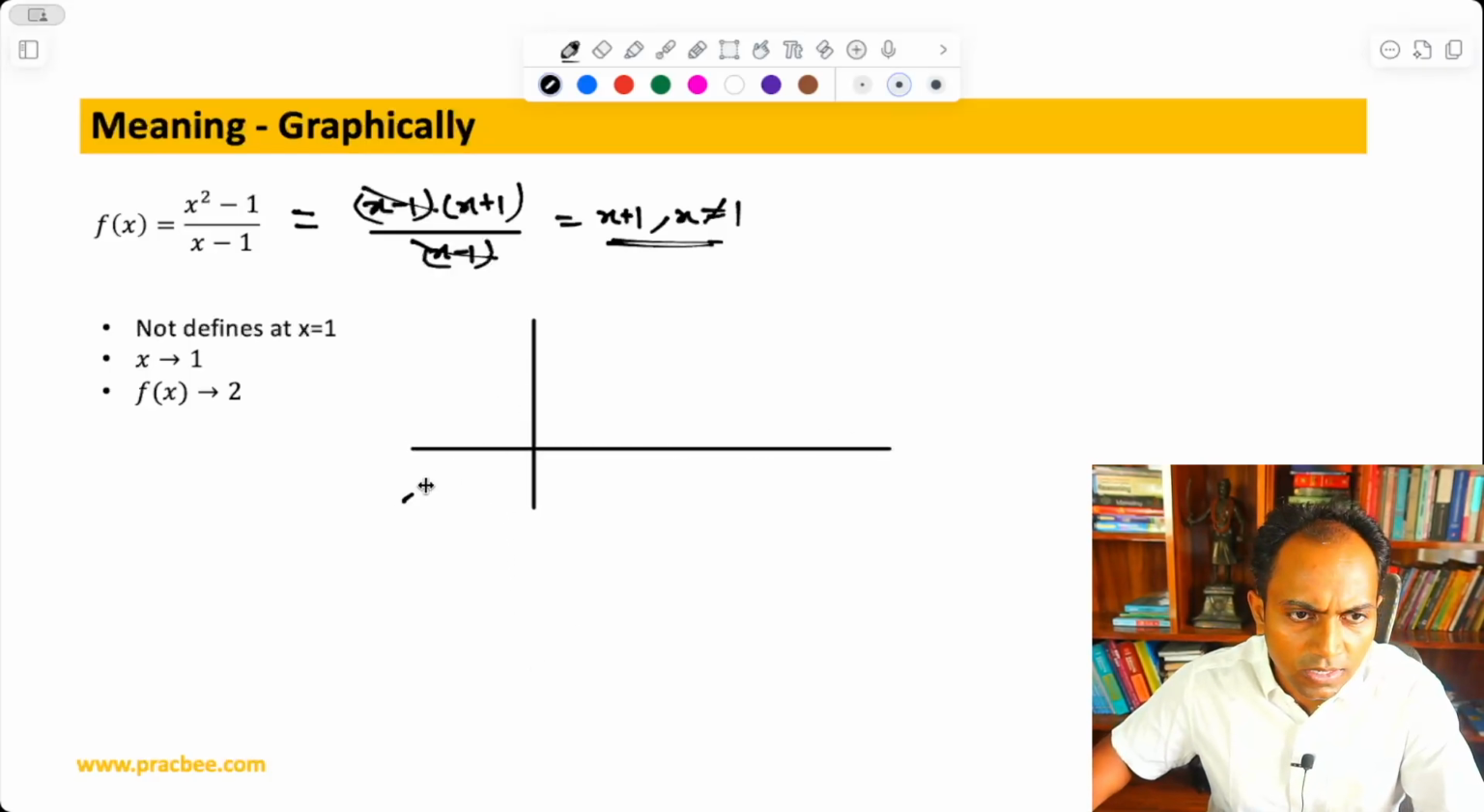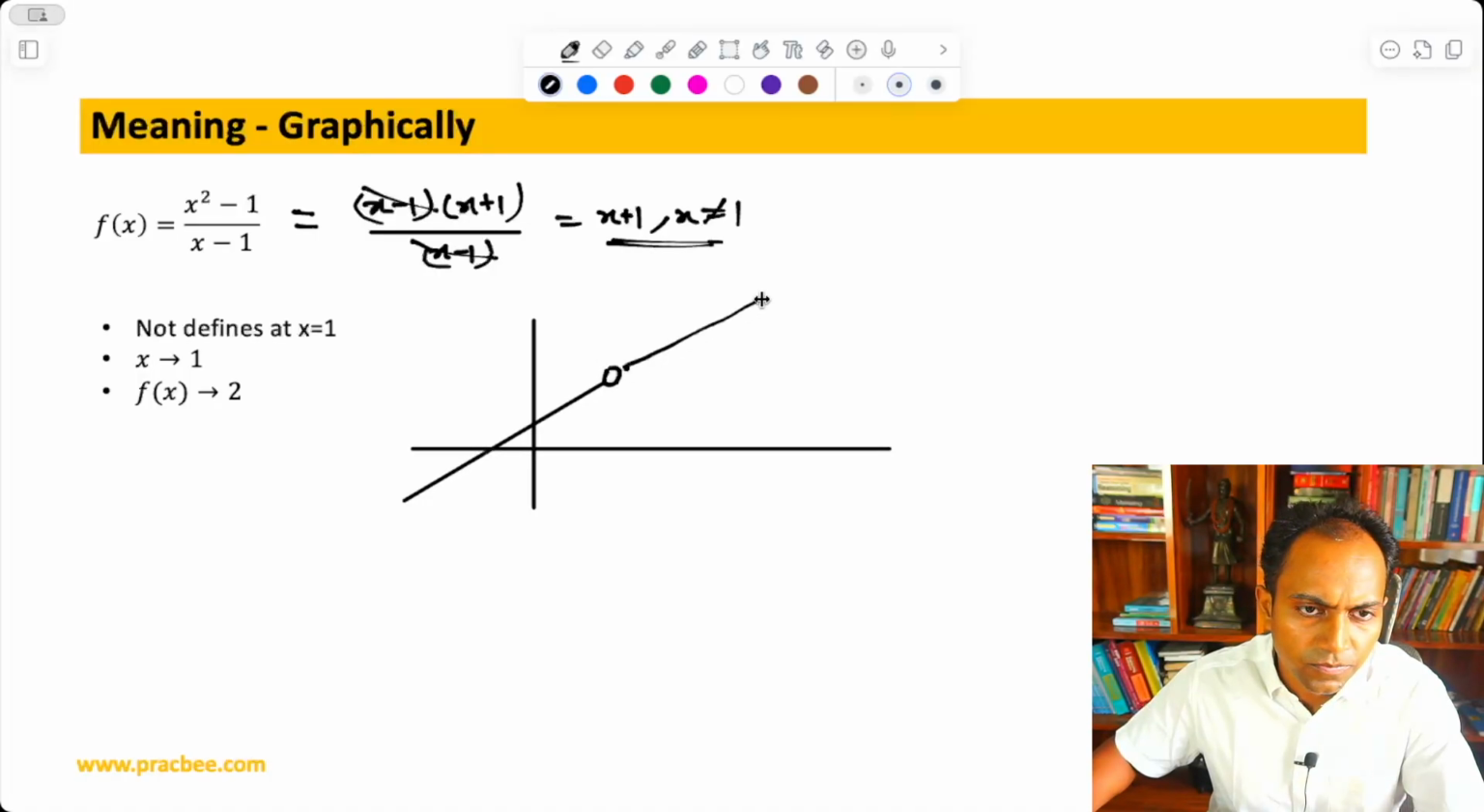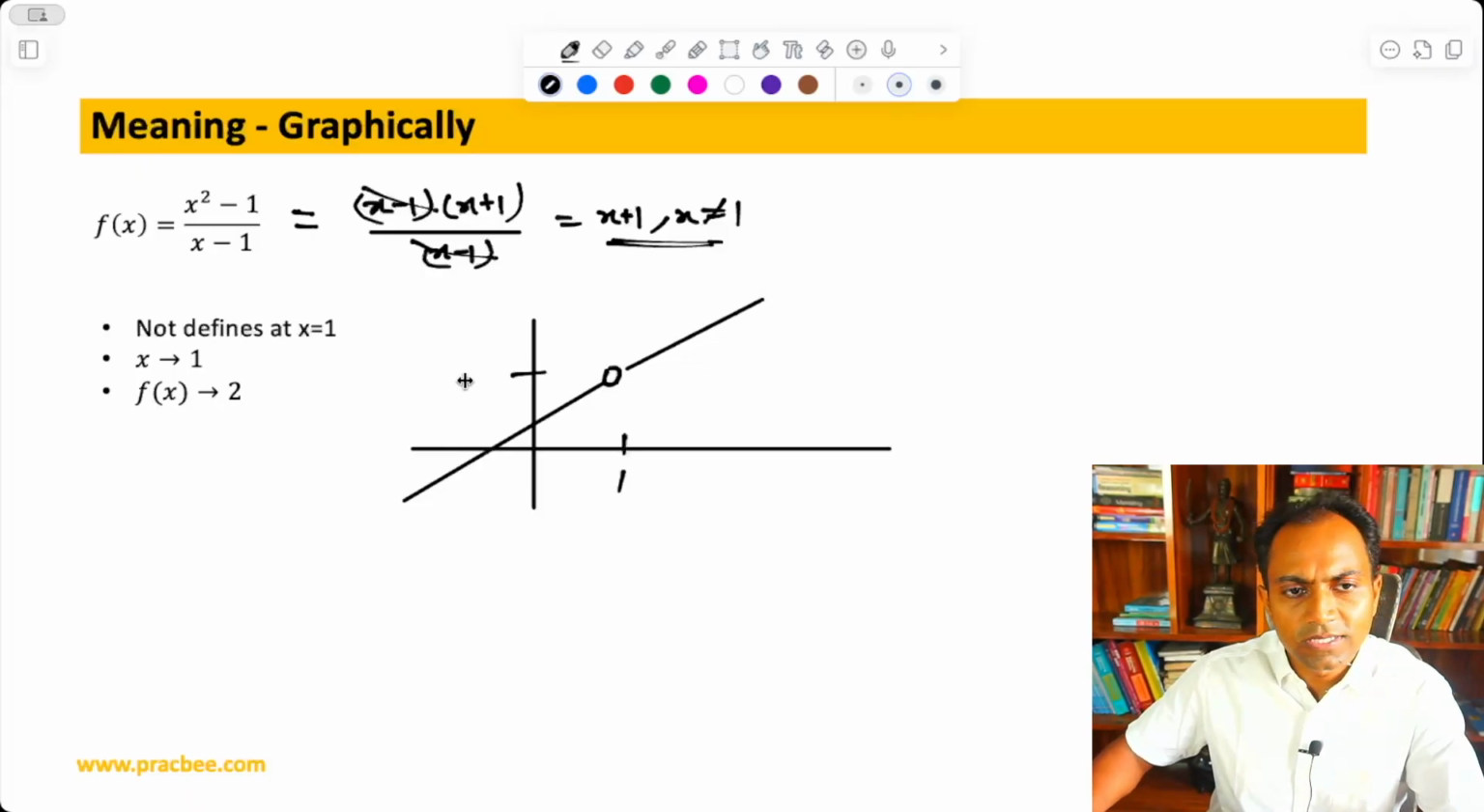So if I draw the graph of y is equal to x plus 1, this is how it looks. But you can see that since it's not defined at 1, I will have to put a hollow at 1. You can see what is happening here. If I make you stand here,